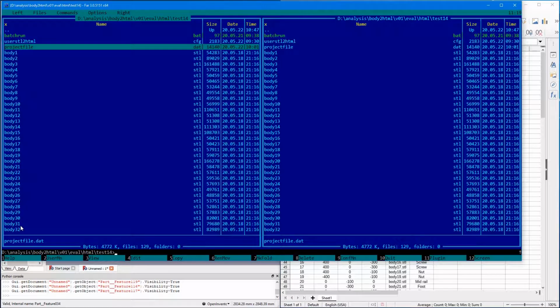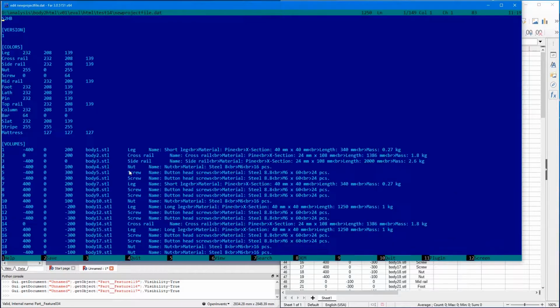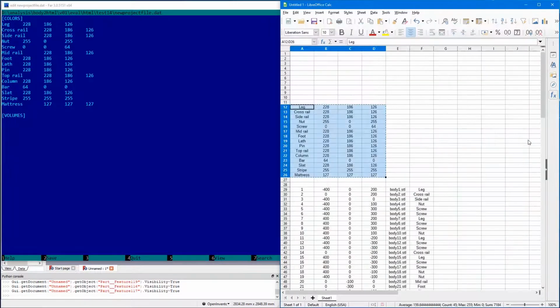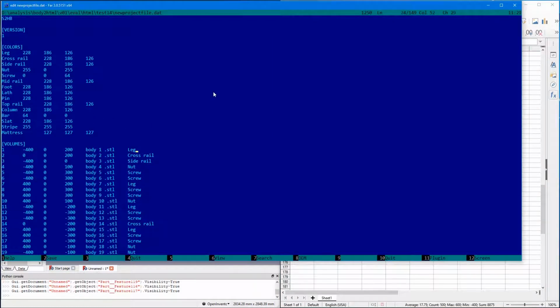So now let's make an empty file, and I will copy everything I wrote now into that file. Finally, I insert a component description, only for the first volume for the sake of the demonstration. Obviously, the description can be written in the spreadsheet program as well, just like the other columns. Don't forget to remove the tabs from the file names if you didn't do it in the spreadsheet application.